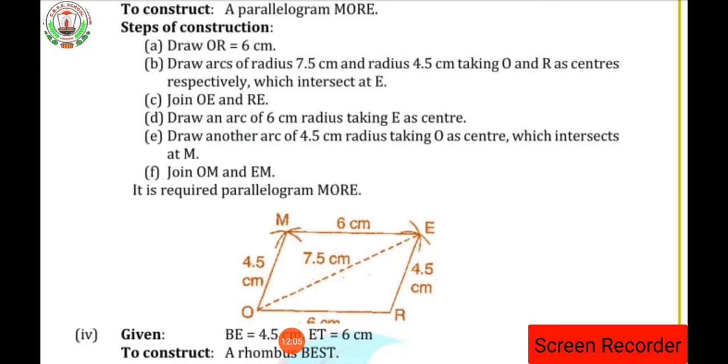So in this way you have to draw the parallelogram MORE. Clear up to here? The next